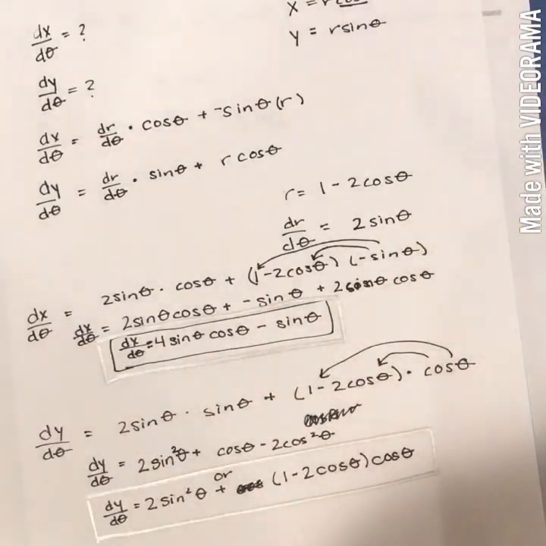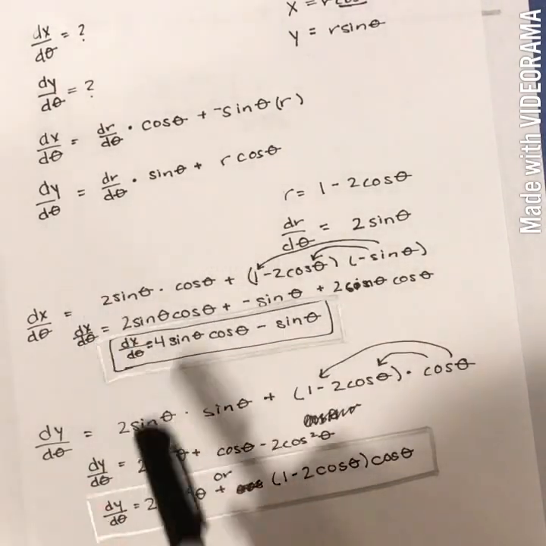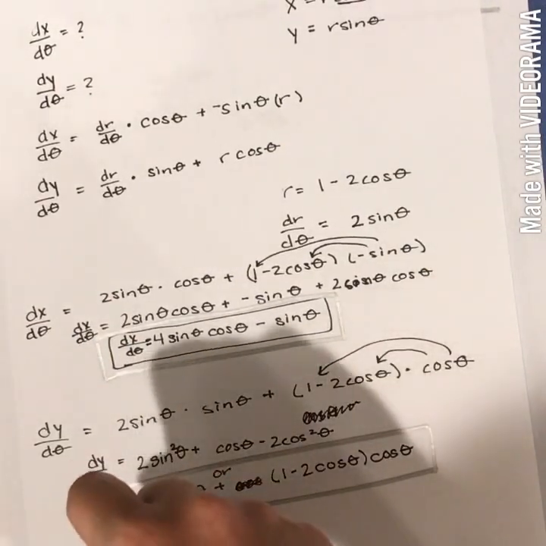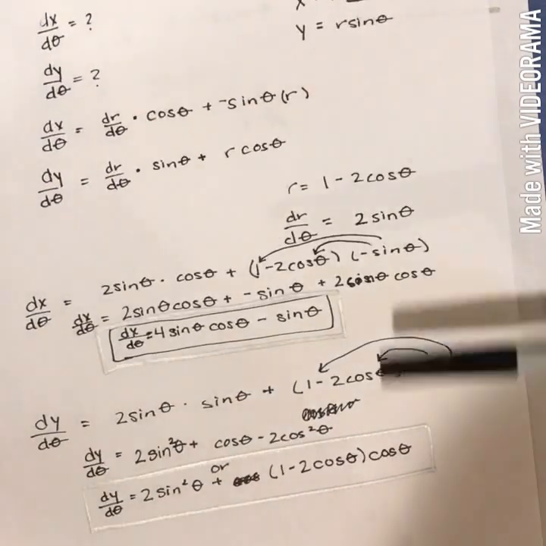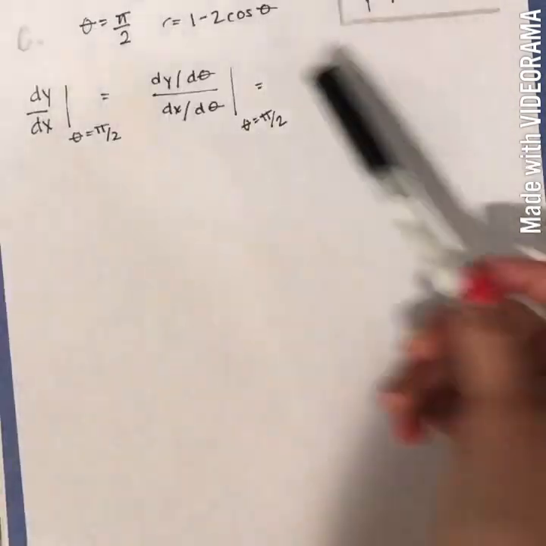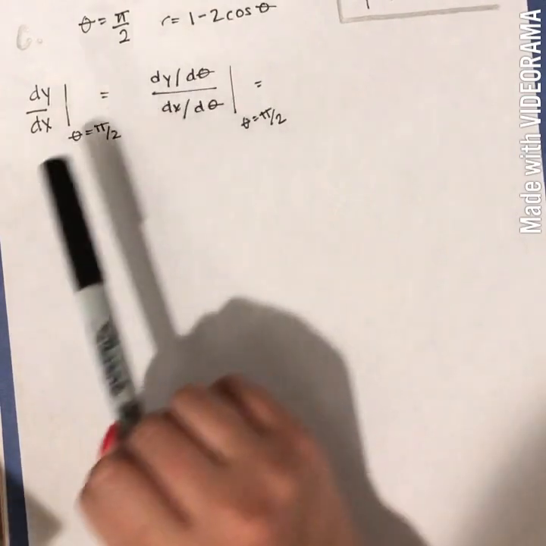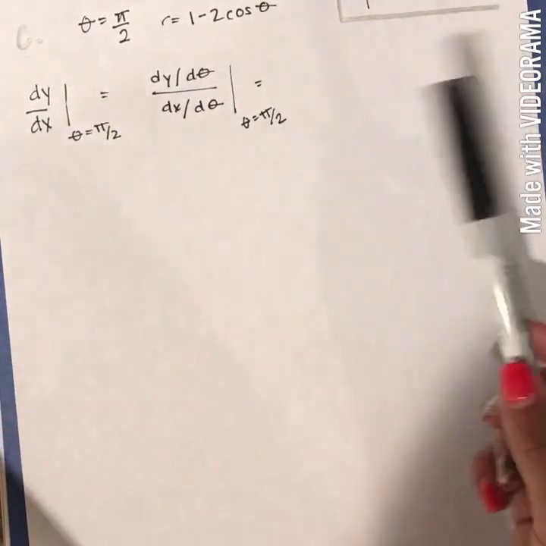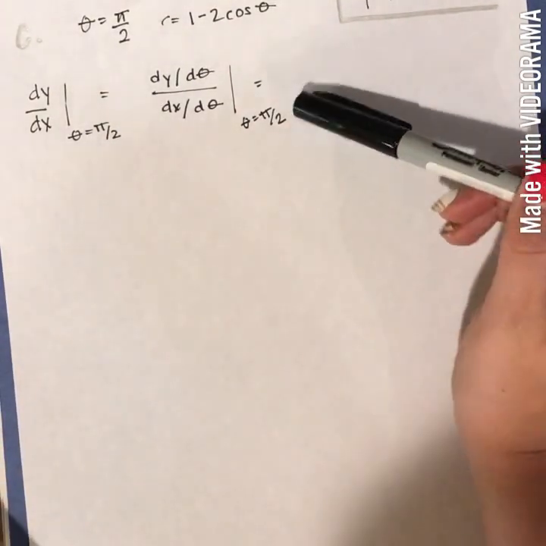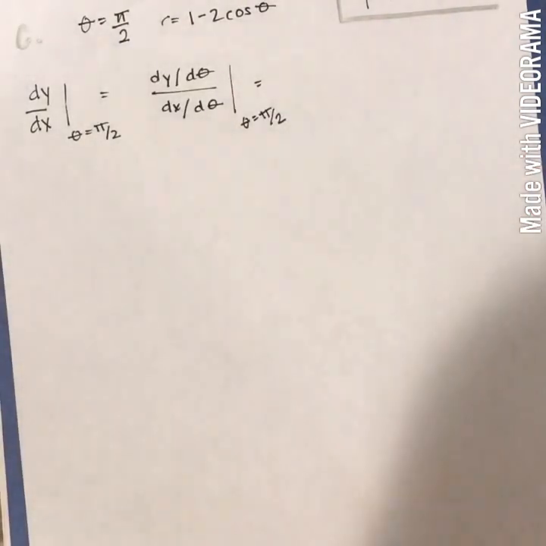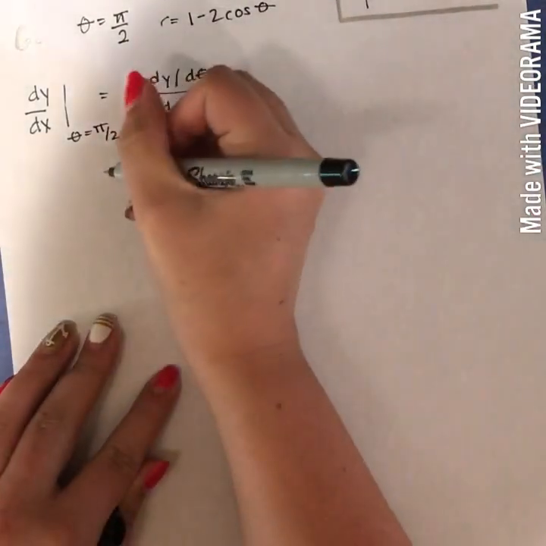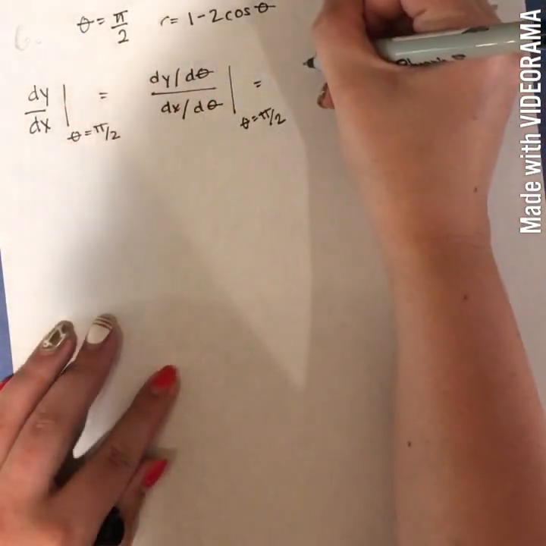So let's quickly look back at our B answers. We already found dx d theta, and we already found dy d theta. So literally all we have to do is take these, plug them into here, so rewrite that equation, plug in that pi over 2, and you've got your slope. So let's do that really quick. We are going to say that this equals,